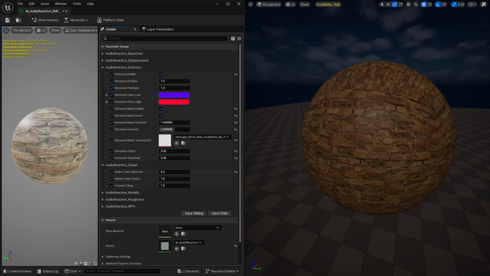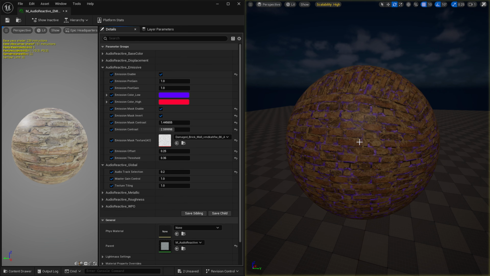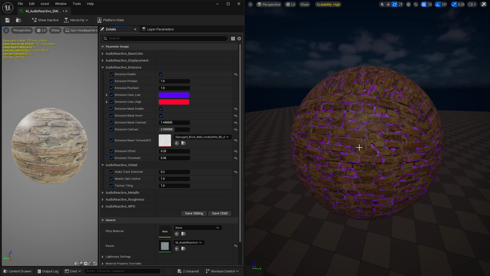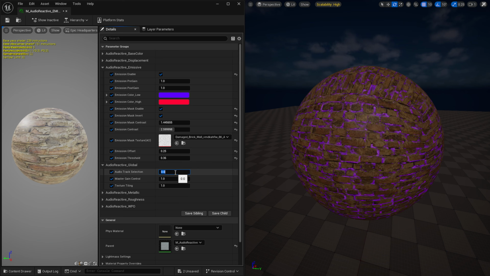And the last thing to show you is that you can also live switch your audio tracks that are coming in. So let me simulate one more time. I have my strings on stem 0 or track 0, and I have a kick drum on track 1. So if we go to 1, you'll see now we're getting hit by our kick drum. And back to 0 as we go back to our strings.